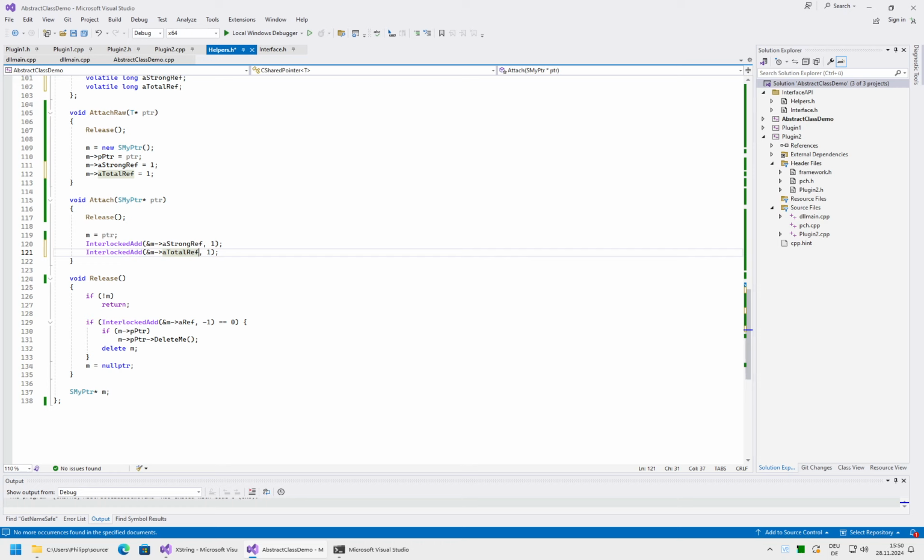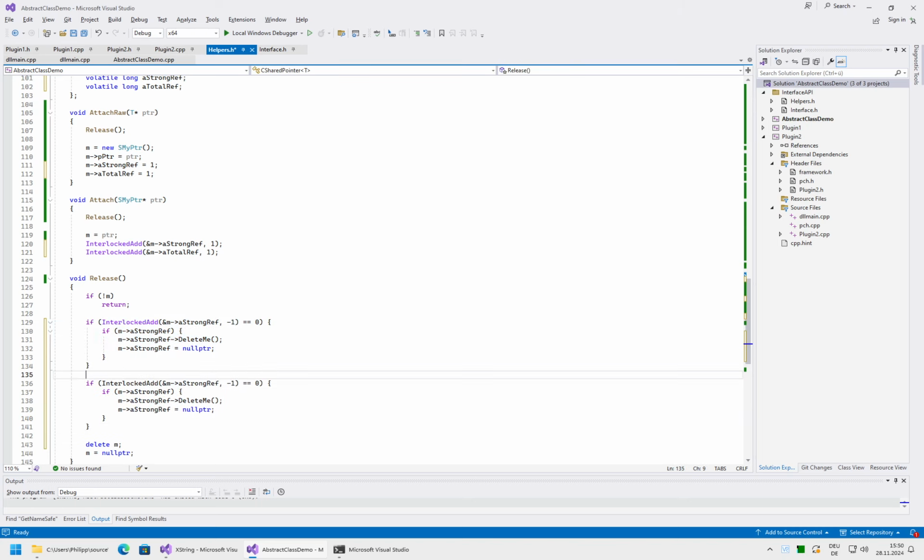So we have two scenarios. This will be the strong ref, and if we decide to delete it, we delete it. Oops. And we set this to null. But whether we can delete the actual parent object, that will be a separate operation. Let's copy this. This will be the total references. So we are decrementing the total references, and if